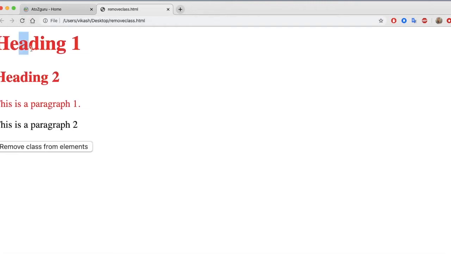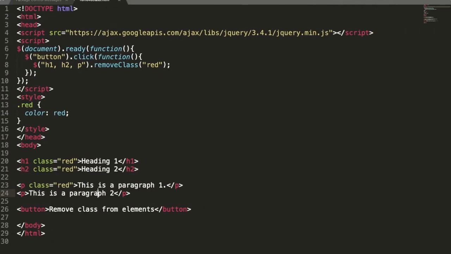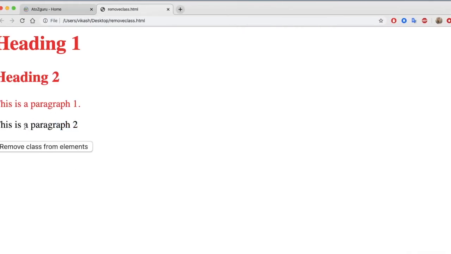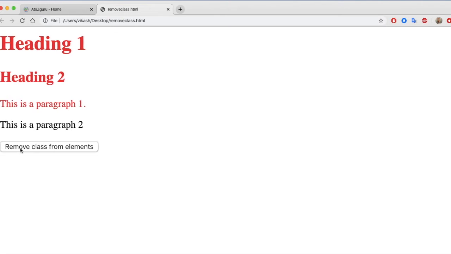Initially H1 has class red, H2 has class red, and the paragraph also has class red. Here I didn't use it, so it's coming normally. Whenever I click this button, all of them disappear, meaning it's removing that particular class.